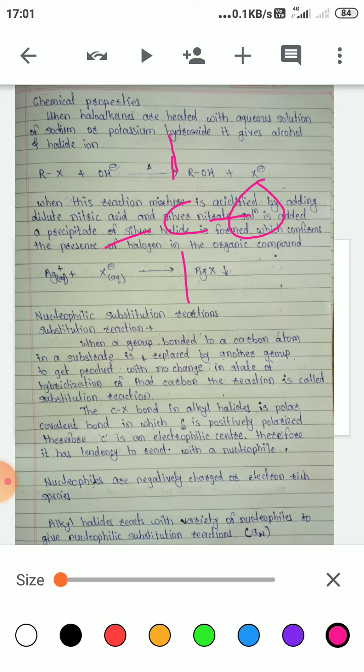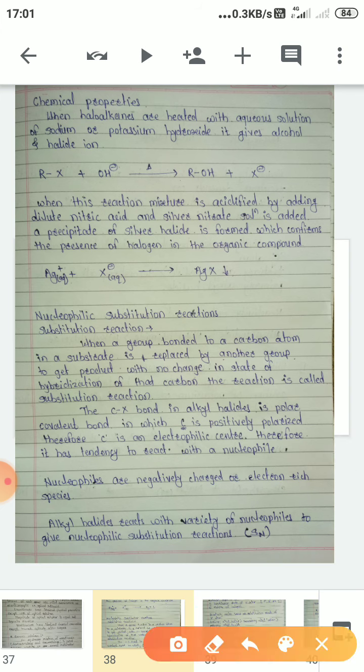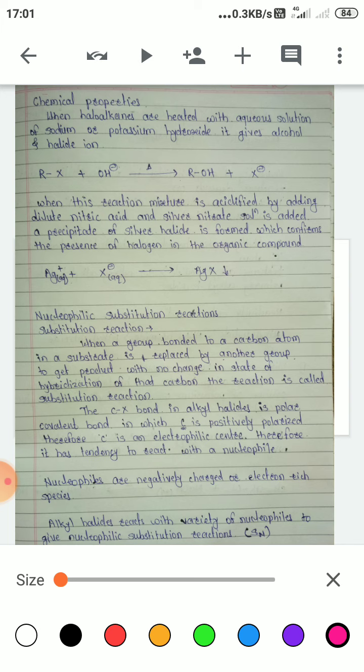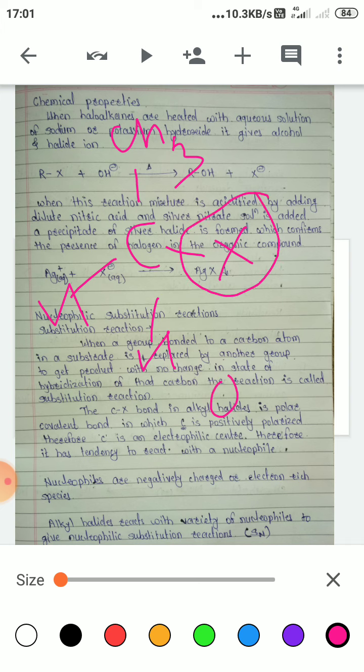Now we are going to see substitution reactions of alkyl halides. First we can consider the molecule of an alkyl halide. Suppose we have considered here an alkyl halide. Now the C-X bond is shown, only substituents are not shown. We can consider here CH3CH2X, that is ethyl halide. Now if this halogen atom is replaced by an OH group, then the reaction is called a substitution reaction.